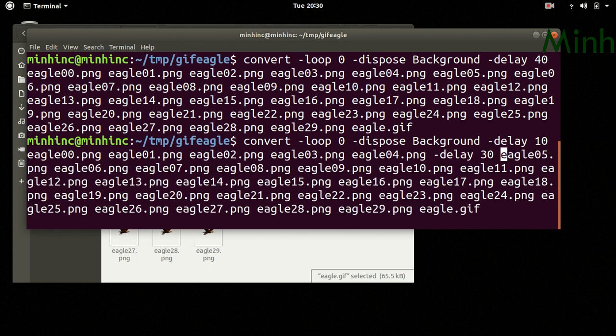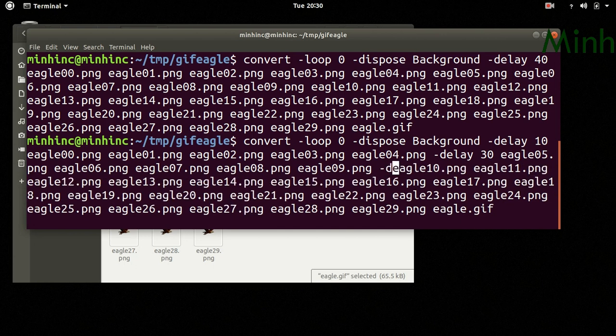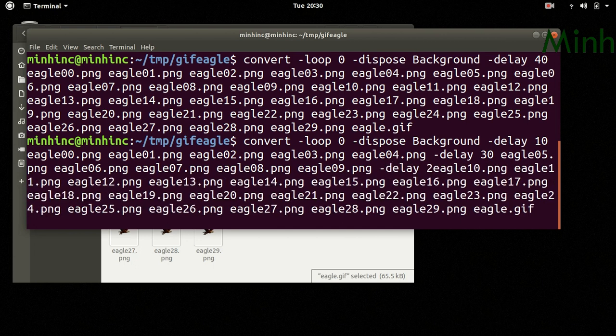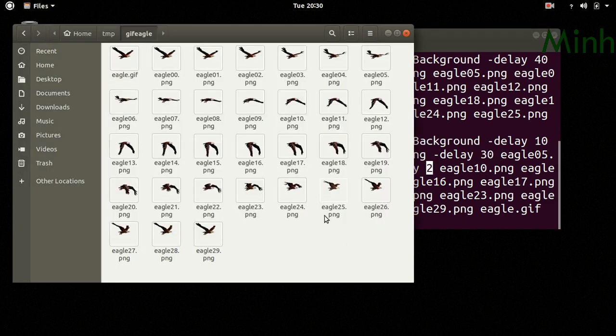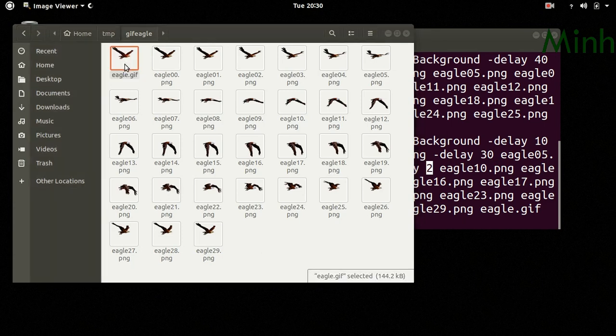Now delay 30 will apply to the frames which follow the delay 30 statement. After this we'll make it delay 2, so it should be very fast. It depends upon which frame, how much delay we want. So initially it is 10, then 30, then 2.